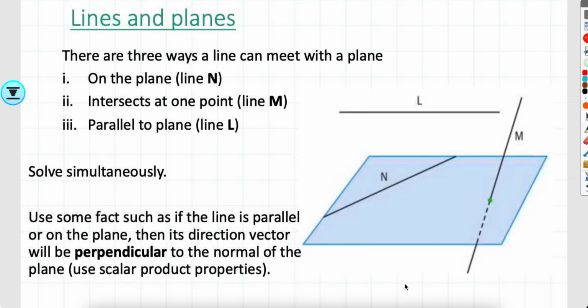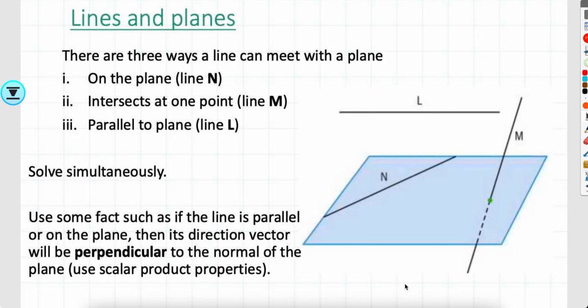We can face three different situations as shown in the picture. The line can either be on the plane, as shown in line N, or it could intersect the plane at one point, which is line M, or it could be parallel to the plane, which is line L. And you can solve this in different ways. One of the methods is